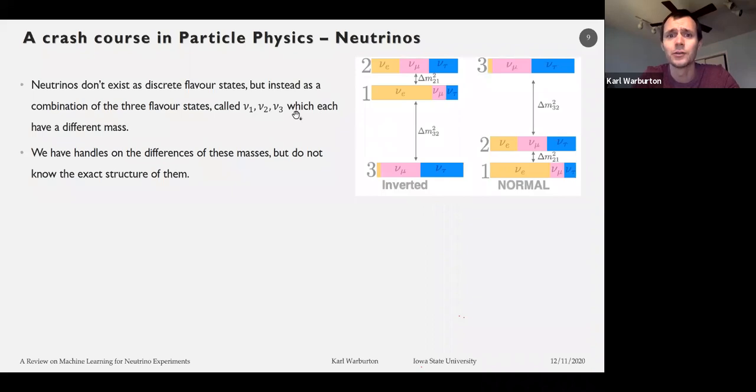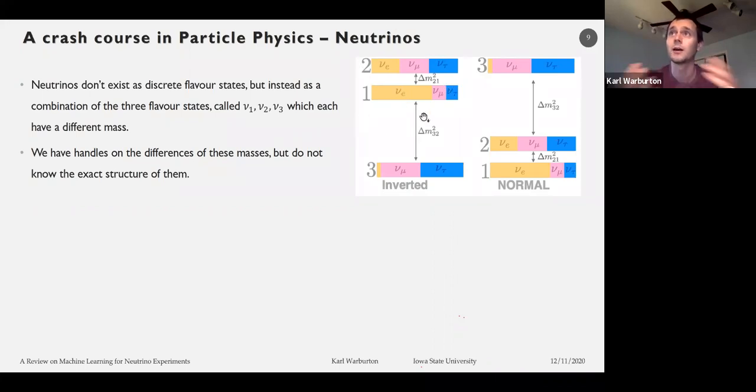Another strange quirk of neutrinos is that there's something called mixing. So this means that they don't exist as the electron, muon, tau flavor states. They actually exist as superpositions of these in so-called mass states, nu1, nu2, nu3. The full explanation for this is quite complicated, but if you just take my word for it that this mixing occurs,